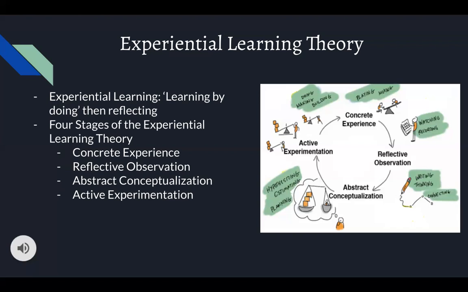So as you can see, based on this cycle right here that we see to the right, this model is continuous, right? It's a cycle. So that means you can pass through the 4 steps multiple times. So this is just another way of understanding, which is really awesome by David, that you can see it as another way of saying that you can learn from your experiences over time as well.